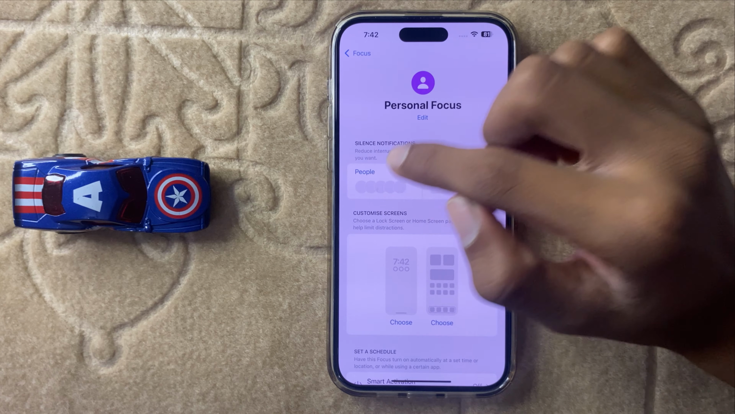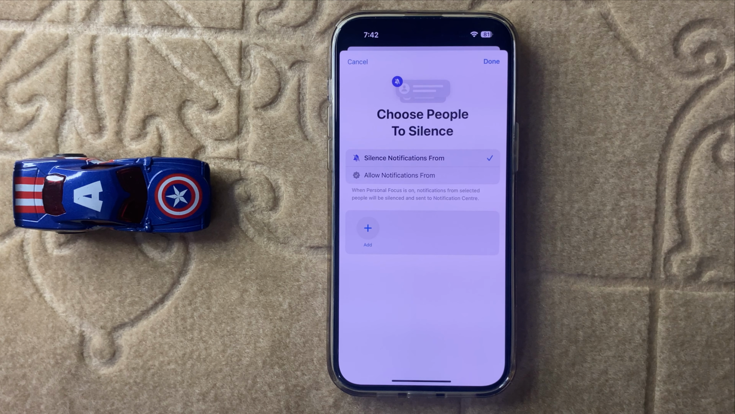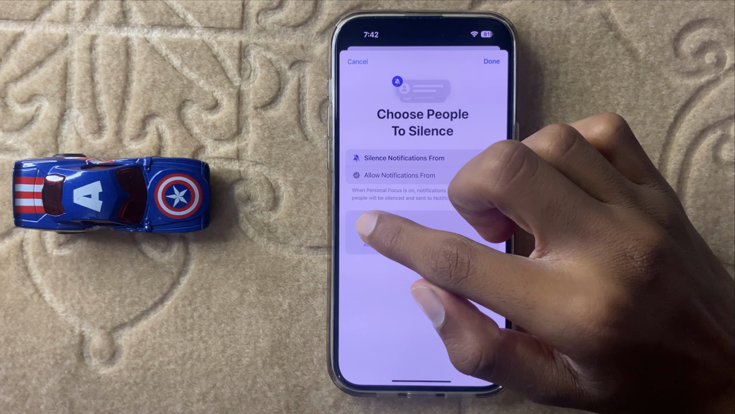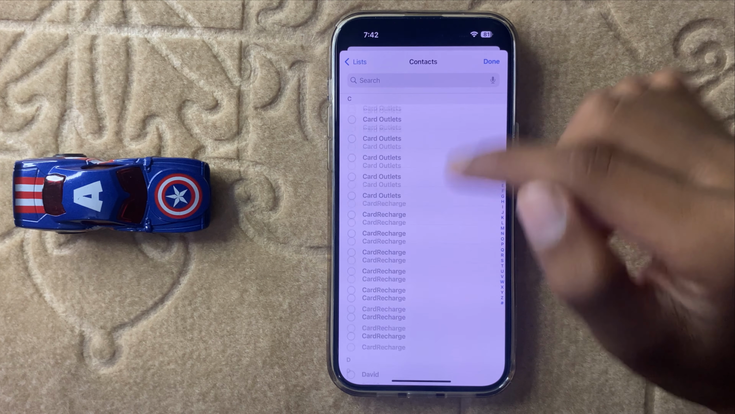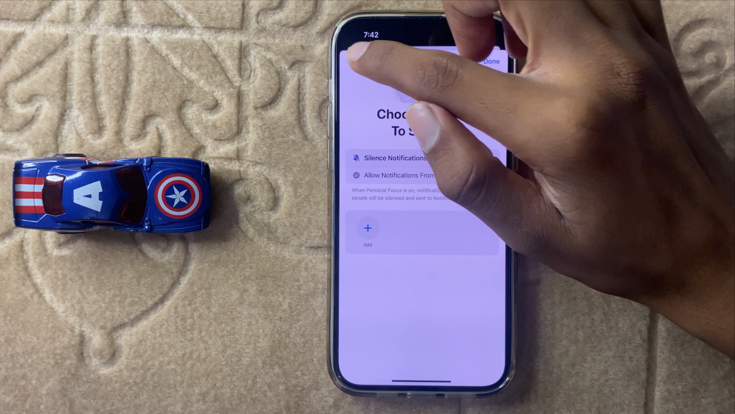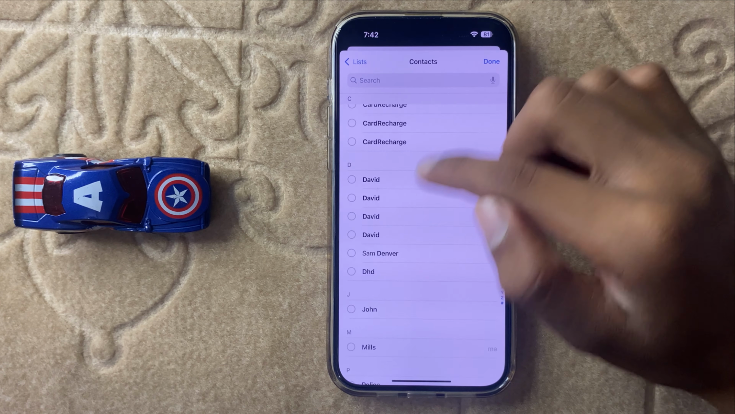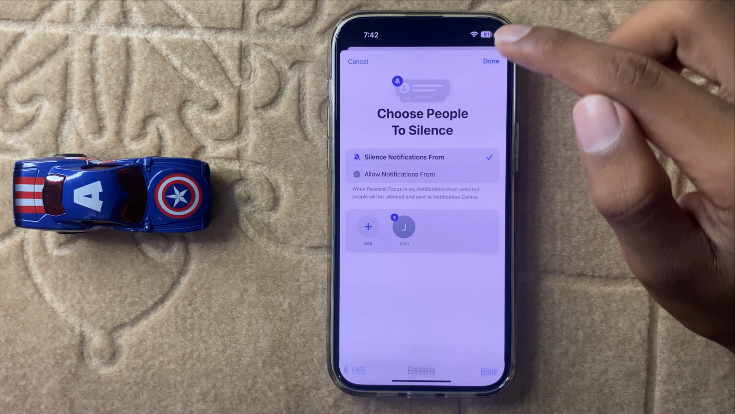And in people section you can add people to silent notifications. Then click on add, and here you can add the people to silent notifications, and here you can add any. Then click on done,